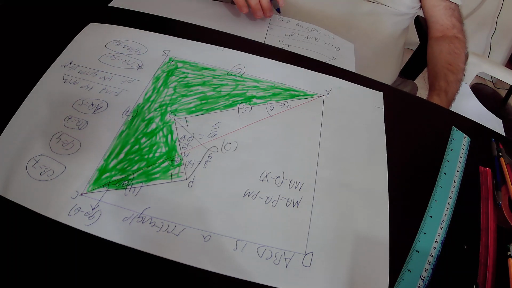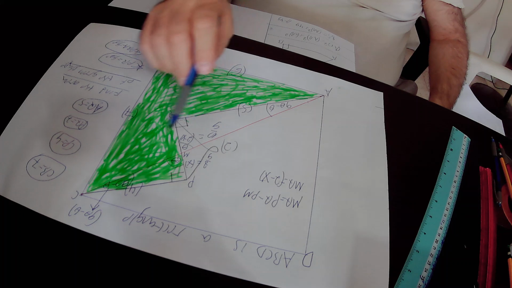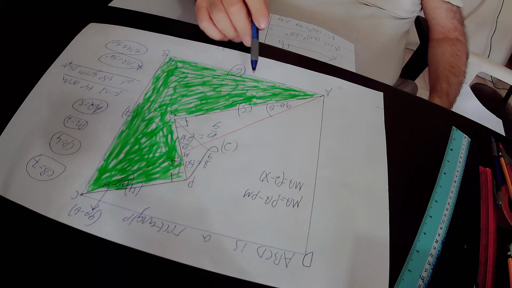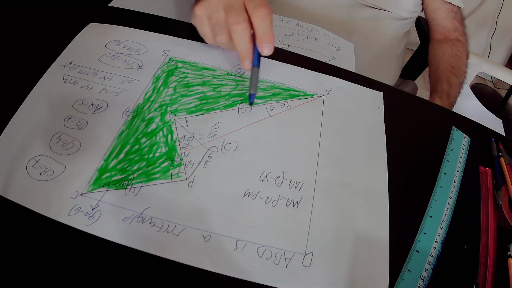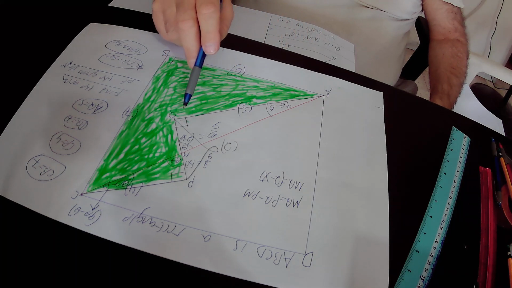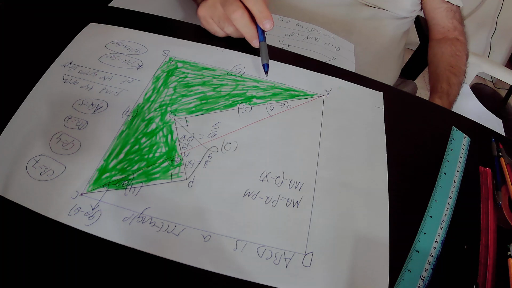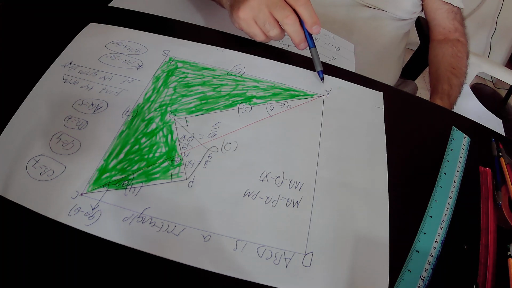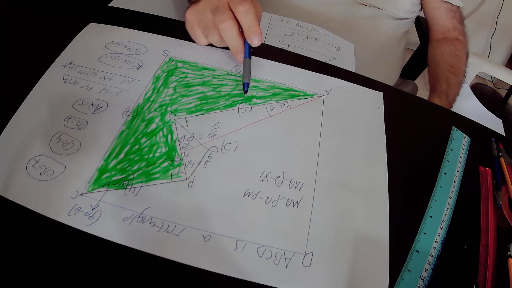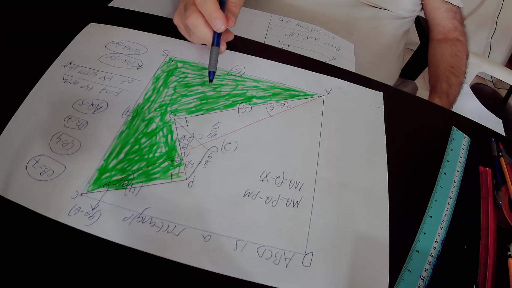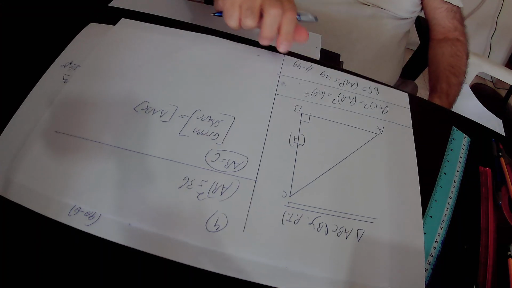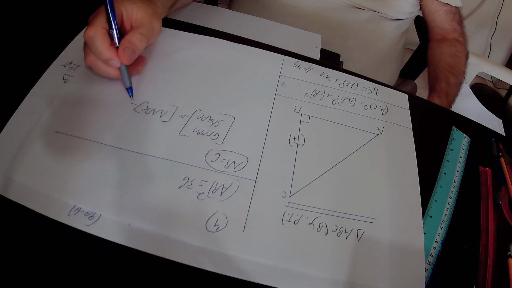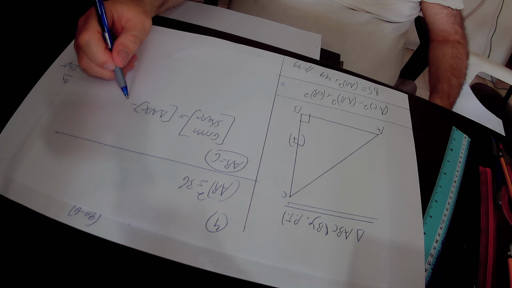But because the area of the big right triangle ABC also includes the area of the right triangle AQM, we have to subtract from the area of the big right triangle ABC the area of the right triangle AQM, because we are interested only in the green area. So we subtract from the area of triangle ABC the area of the white triangle AQM,